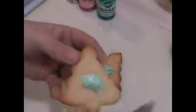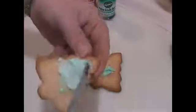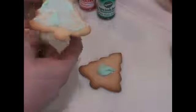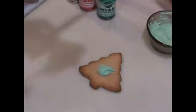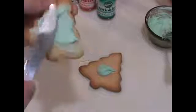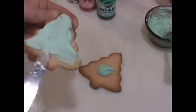on the cookie. And when you spread it, well, first you want to just get the coverage on there. Make sure you have enough icing. In this case, I don't. So just a little more. There we go. It's probably going to be a little too much, maybe. We'll see. And so once you get your icing all spread out where you want it, then you're going to